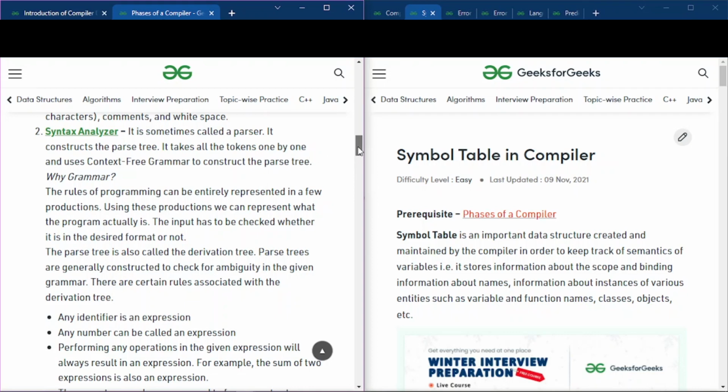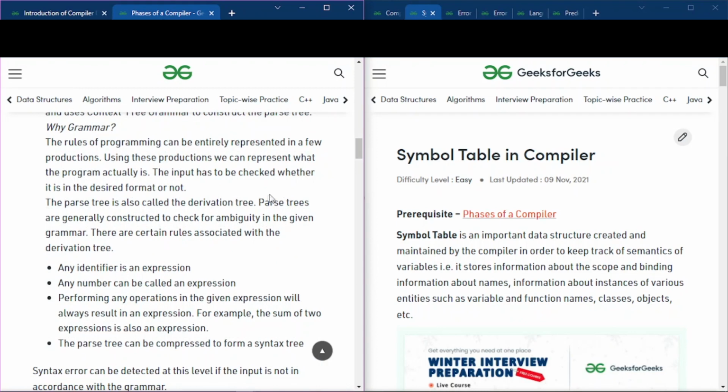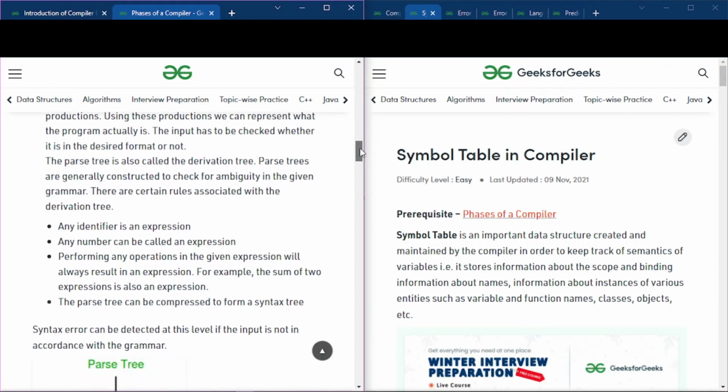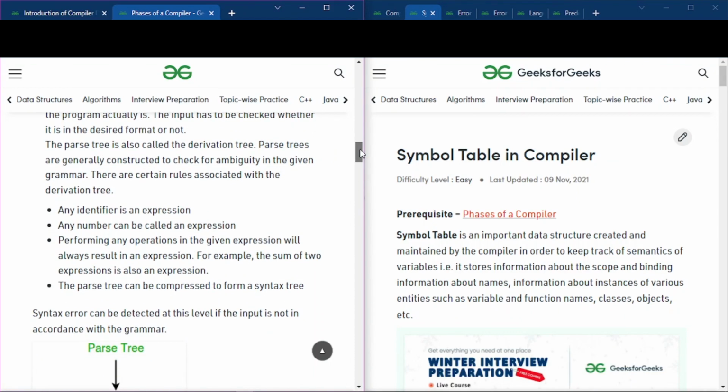The parse tree is sometimes also called a derivation tree, and it is constructed to check whether there is ambiguity in the given grammar or not, and whether the rules are followed. You can also see which rules are used to derive this parse tree.